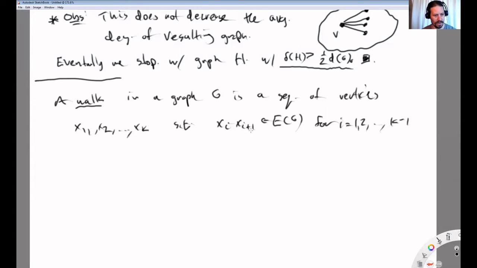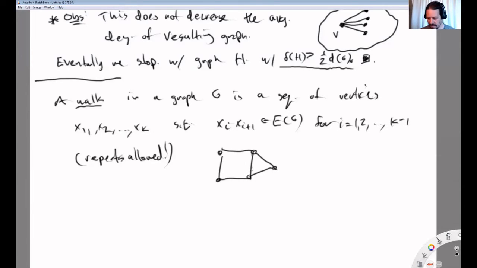You only have to go up to k minus 1, right? The last one is x_(k-1) to x_k. Okay, let me just emphasize, repeats are allowed. So a walk is just a sequence. You might retraverse an edge that you already traversed. You might repeatedly see vertices in the list. Maybe, again, let's draw a picture. It's an easy concept, but